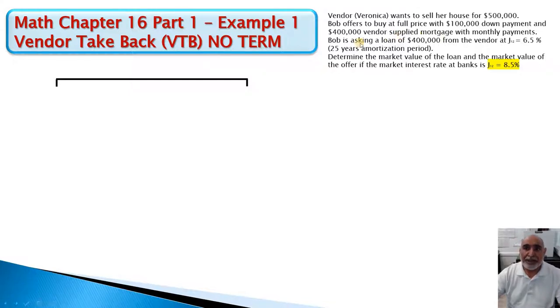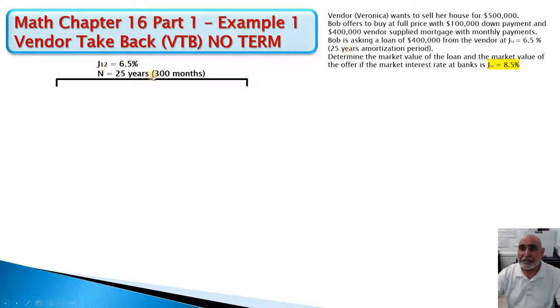The catch here is Bob, the buyer, is asking for a loan at a rate of 6.5%, J12 6.5%. Whereas the real rate of this type of loan from banks is 8.5%. So what we're going to do is take a look at the first paragraph right here and look at that first. So first thing we do is make a timeline diagram, and we put in the contract rate, 6.5%, J12,